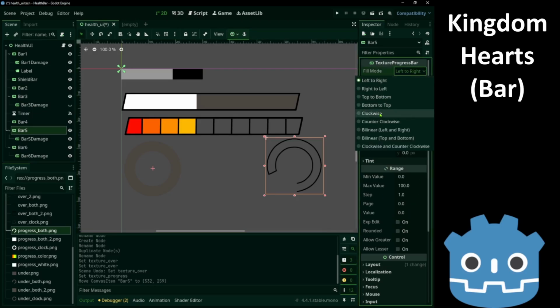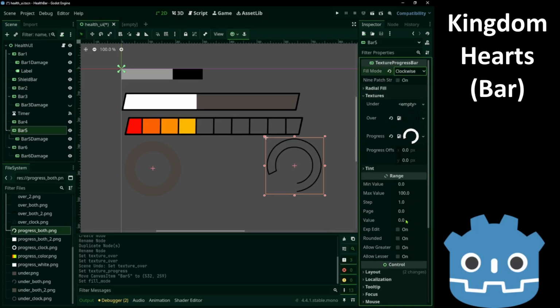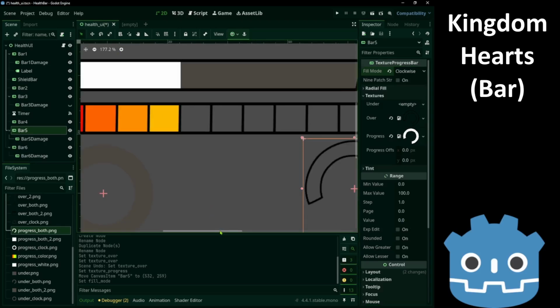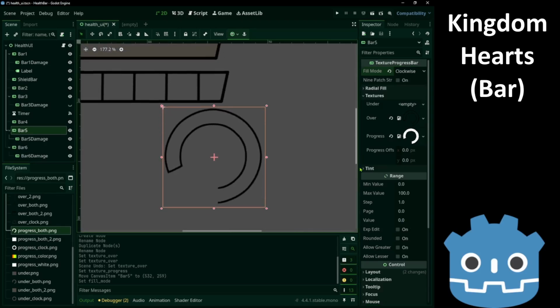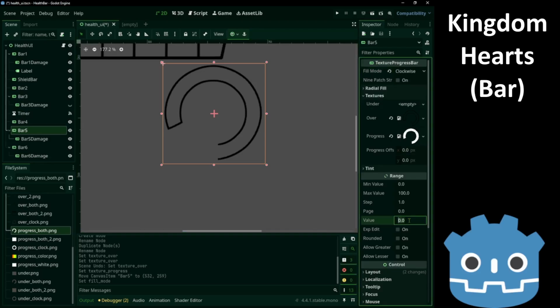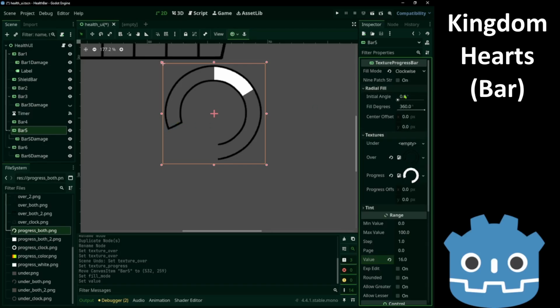And we'll set it to clockwise. Now there is one problem. If we start changing the value, we start from up here instead of over here. So we change the initial angle.